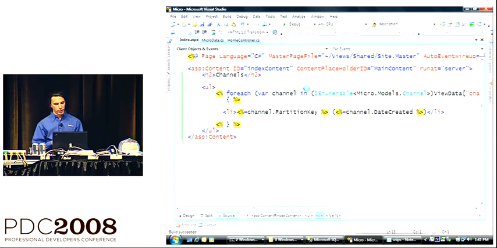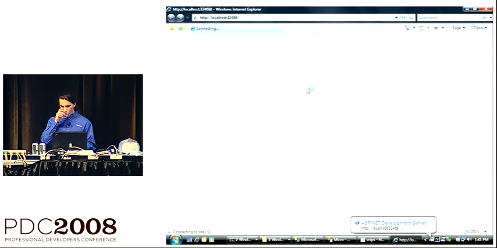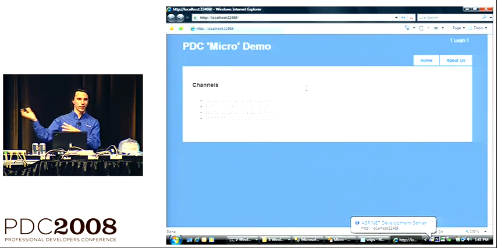So finally, let's run this thing. Let's see if it actually runs. Maybe I should set expectations. It's not going to be impressive. It's a list of channels. But the whole cloud thing is going on: you will go to the cloud, grab the channels, come back, and here's the list of channels. So very simple, but it highlights